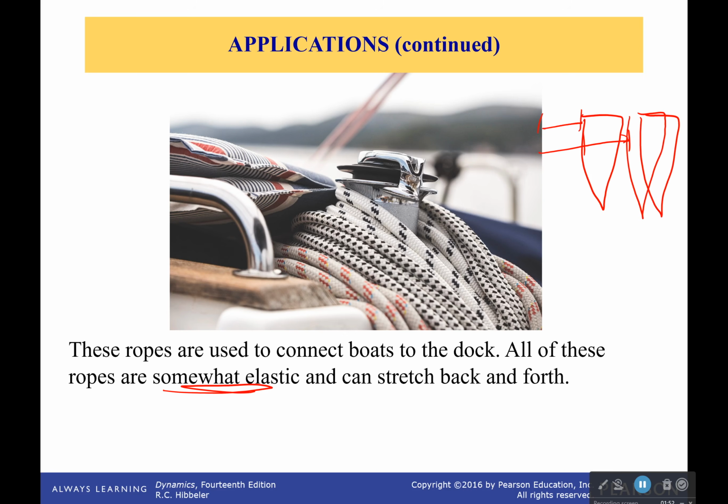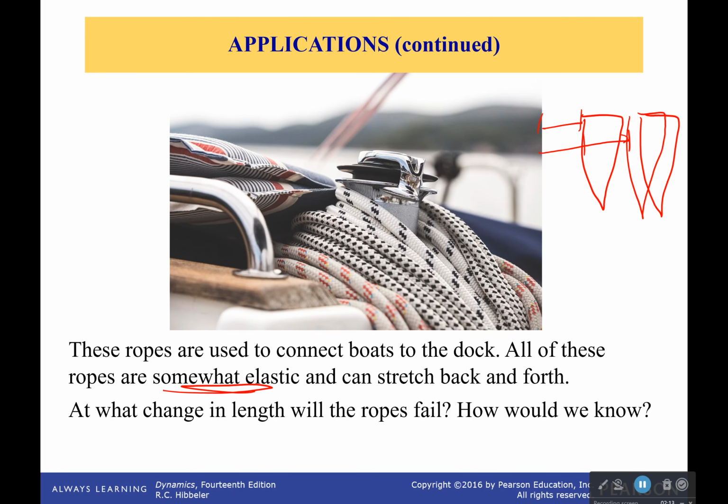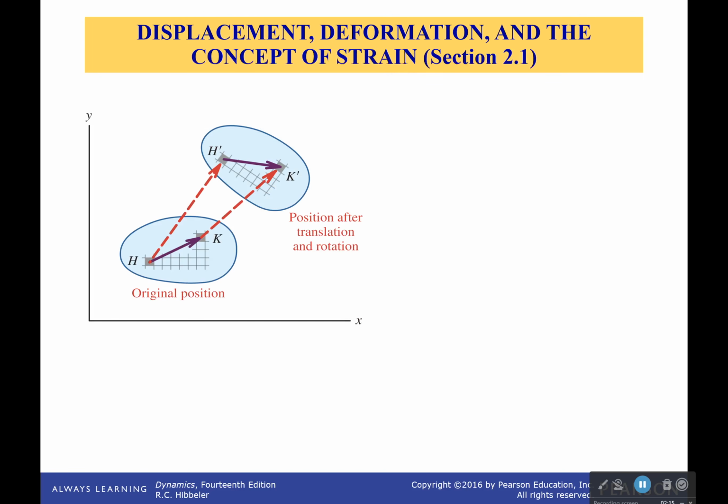So do you think if you knew what the load was from the boat, like the max load it might pull on that rope, could you figure out a way so that rope doesn't stretch that far? Like, maybe you have to use a certain material. Rubber might go that far. Metal, probably way too strong and heavy. We have to think about this. And to do that, we're going to introduce a new concept today, which is called strain.